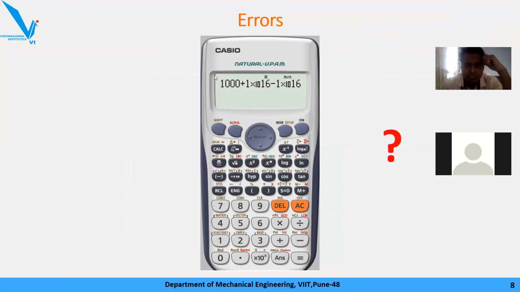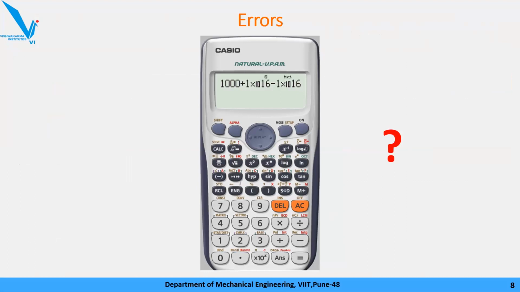So yesterday we were discussing this example. We started with numerical errors, the importance of numerical error in numerical methods. We came up to this example, the calculator example, last time. From this example, we concluded that there are some limitations to a calculator or a computer. It can have a limitation on its capability of storing the data as well as processing the data. So let's begin with the next topic.